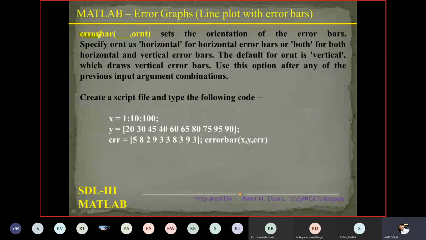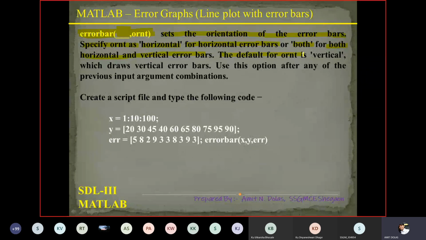So errorbar takes x, y, the error, and then the orientation, which can be vertical, horizontal or both. This sets the orientation of the error bars. Specify orientation as horizontal for horizontal error bars or both for both horizontal and vertical error bars.